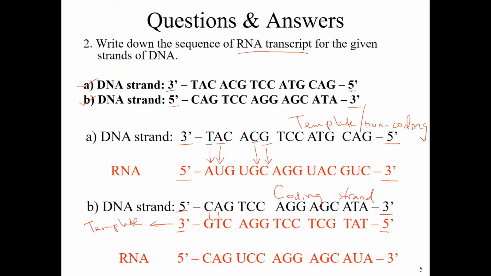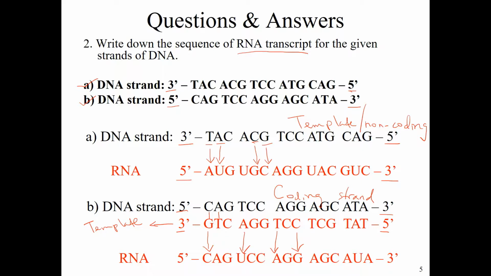So for the RNA transcript, when you have a guanine, it codes for a cytosine. We know that. When you have adenine, it codes for a uracil. When you have a thymine, it codes for an adenine. When you have a cytosine, it codes for a guanine. So